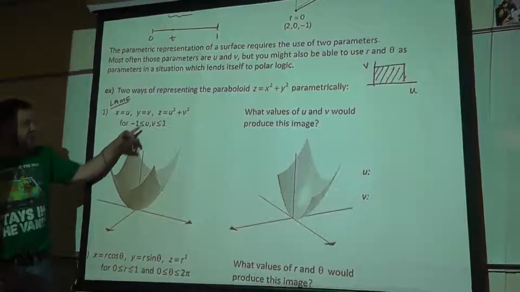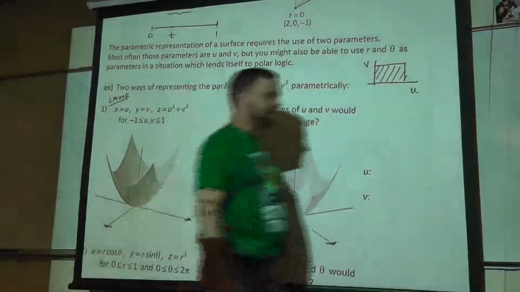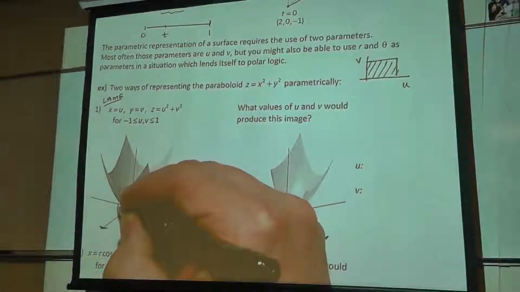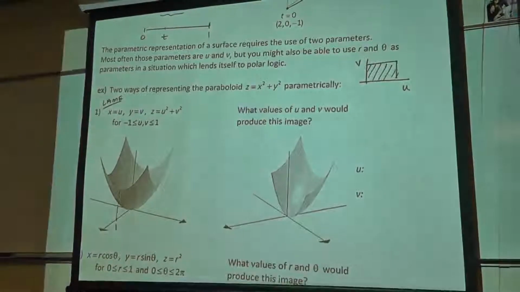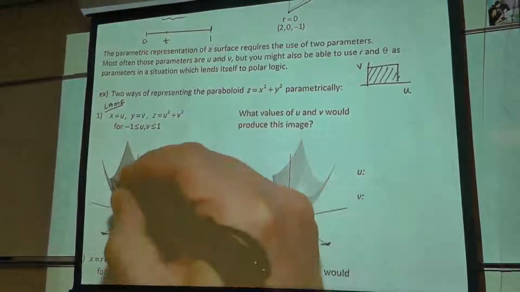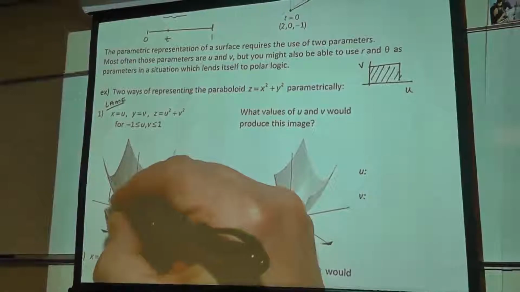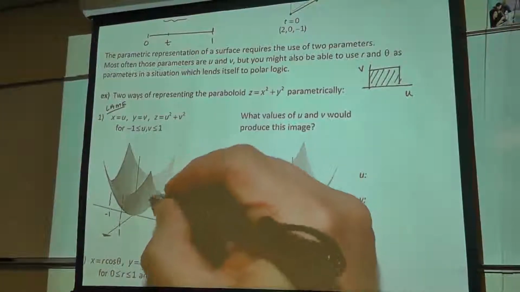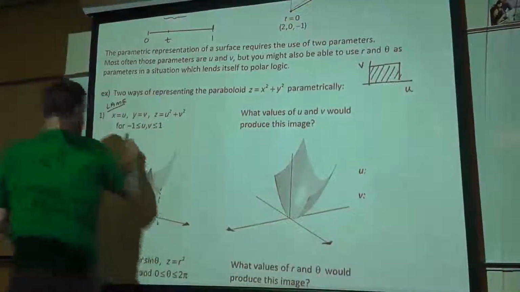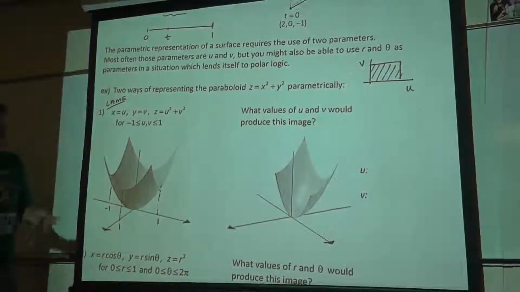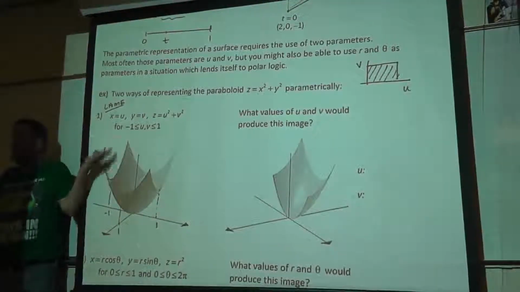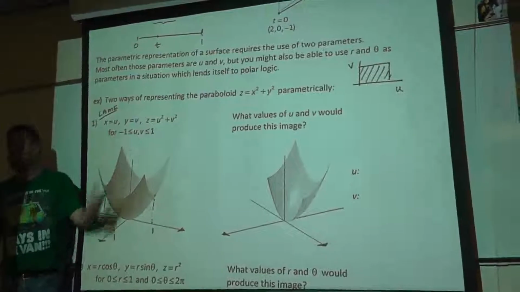So since u is playing the role of the x variable, this end right here represents u equals, or x equals 1, and this end over here comes down to y equals 1. This end back here projects down to -1 on the y-axis, and the one we can't see behind it would project down to -1 on the x-axis. So that -1 to 1 cut in the y direction and in the x direction gives you that effect. And it's still the values of u and v, because u and v are the same as x and y.